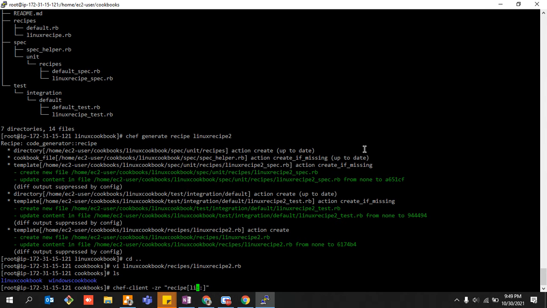Your Linux cookbook, and the recipe is Linux recipe 2, separated by a comma. Again, same thing, recipe, and then your Windows cookbook, Windows recipe. I'm forgetting the name of the recipe of the Windows, guys, over here. I think it was Windows. I'm very sorry.